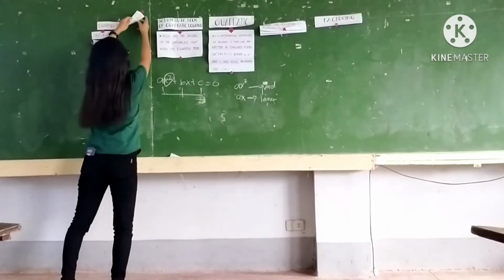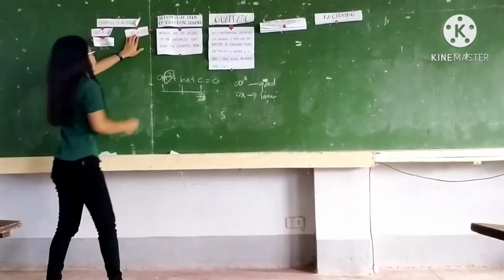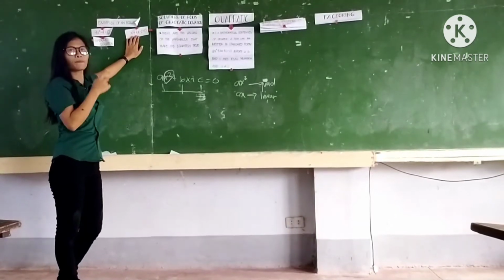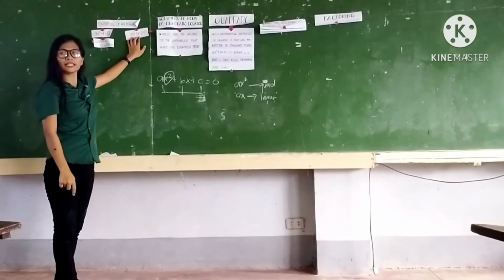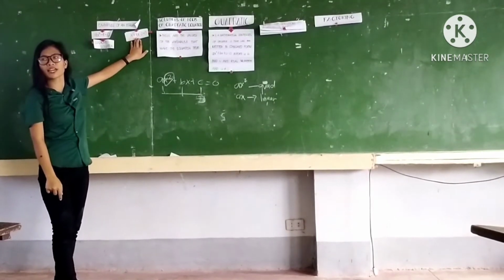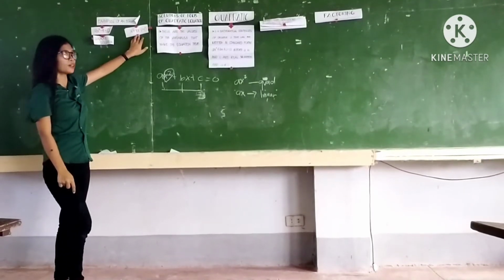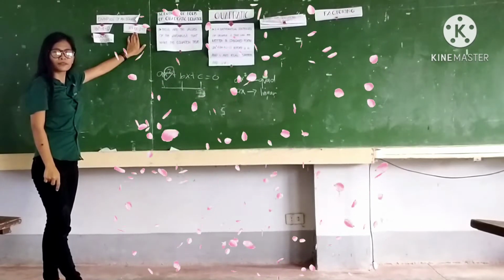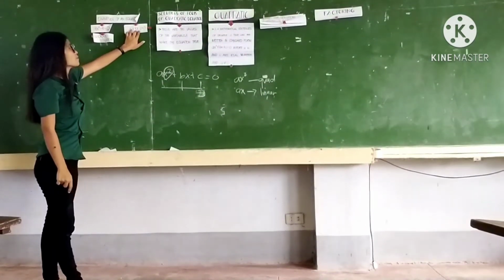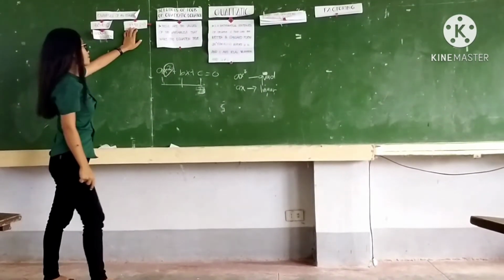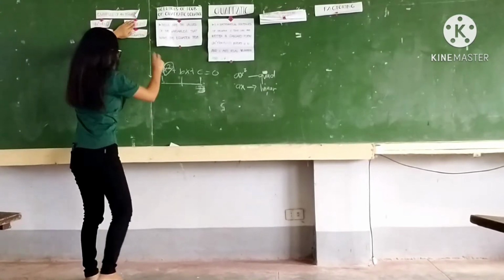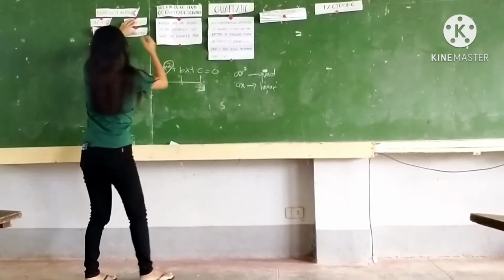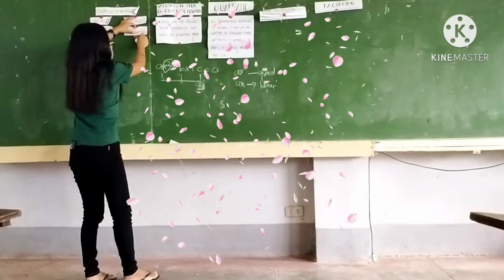Next, we have x squared plus 4x plus 2. What is it, quadratic equation or linear? Mary Jane, very good, linear. Why is it linear? John Lloyd. It is because it has only 1 degree. Very good. Since you already know the quadratic equation, now let's proceed to